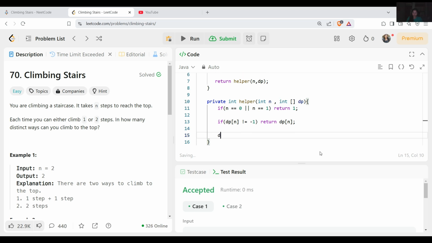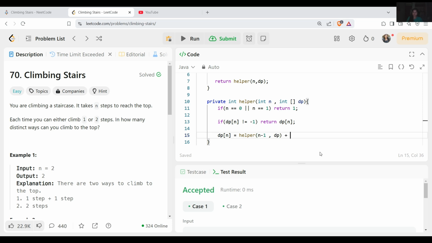Otherwise we have to do dp[n], which will be equal to the helper which we have created, and inside that we pass n minus 1 comma dp. Basically it will store the result of the subproblem in the dp array.